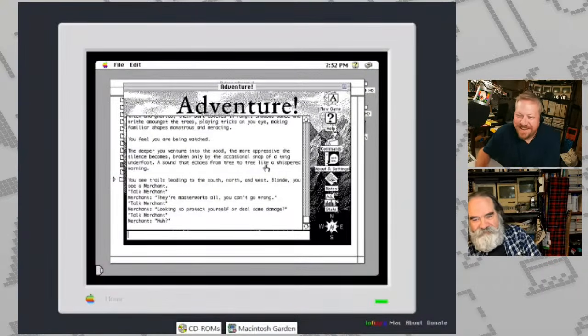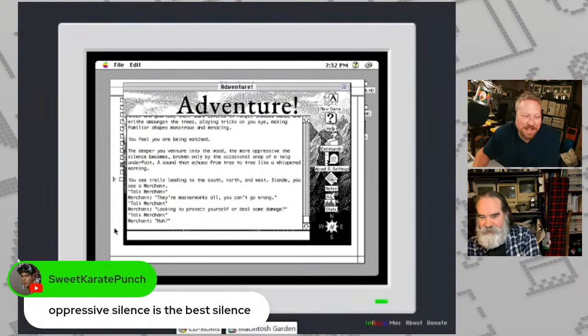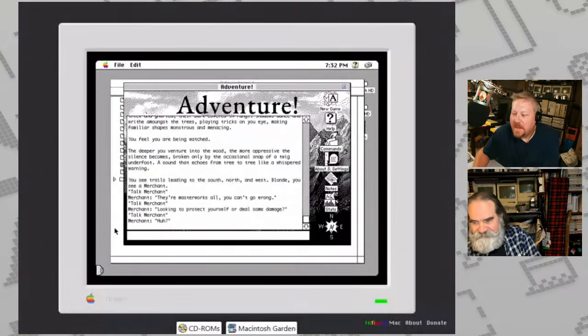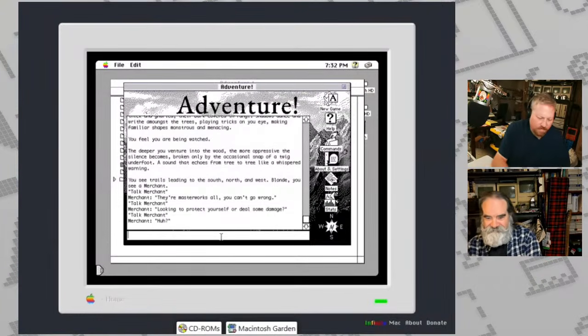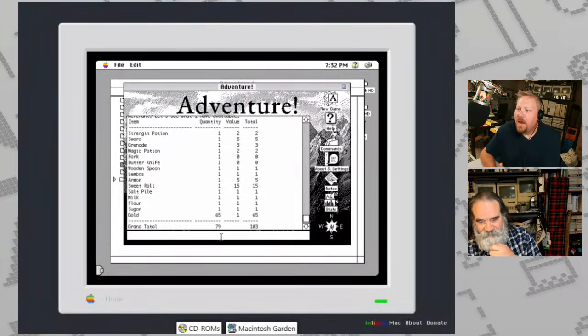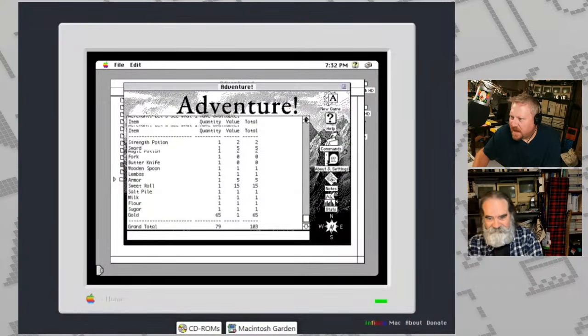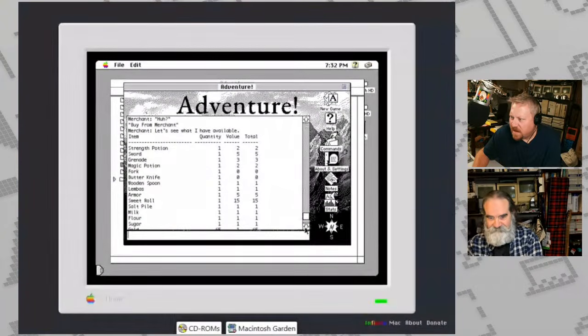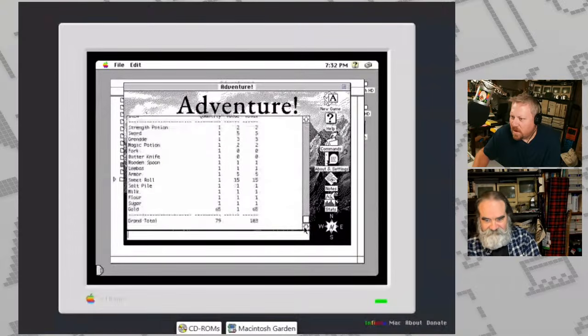So a little guidance here. You can buy from merchant. Yes. Mm-hmm. And again, there might be a slight delay because I am doing this in a not traditional way. Yep. Okay. So he's got a lot of things. Yeah. And it is very nice that I can instantly find out exactly what all is for sale.